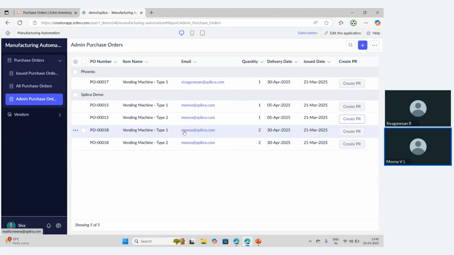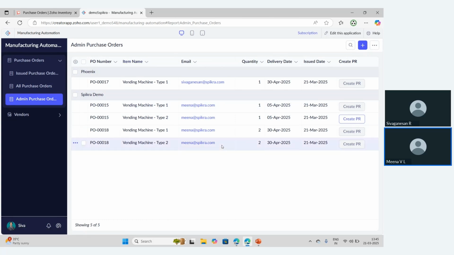This can be in raw material purchase level and this can be in in-house production. So for each item, we are going to have a separate record. This is how it will be initially. As and when you create a purchase order, it gets added here after you issue that purchase order to the supplier, right? So this is the admin. This is how a Creator admin can see the data.